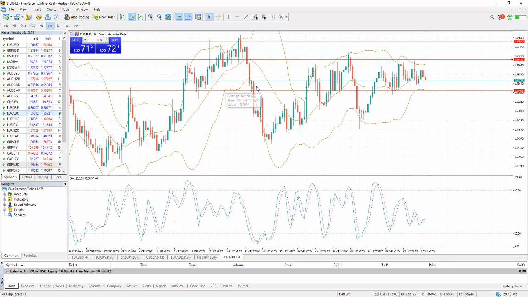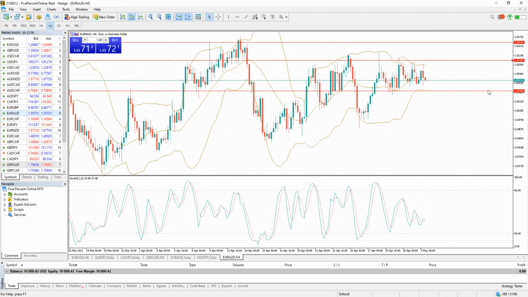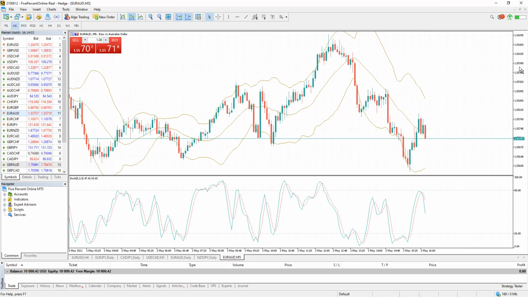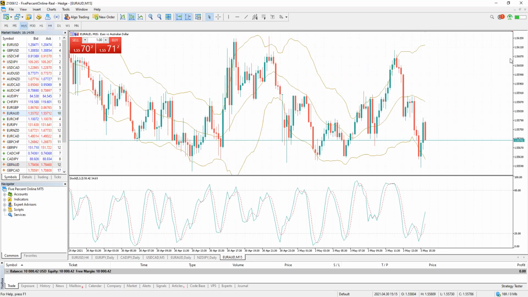Okay, so I will make my decision on the H4 to start where we stand, and then I will go to H1 and then to 15, and then to be really precise on my entry, I will take the 5 minutes. But for my main chart, I will look at the 15 minutes